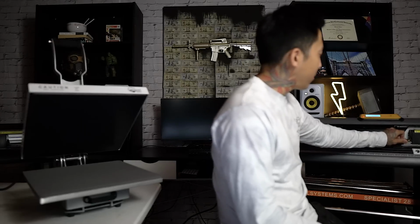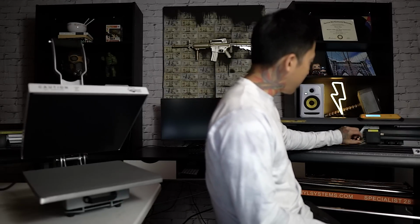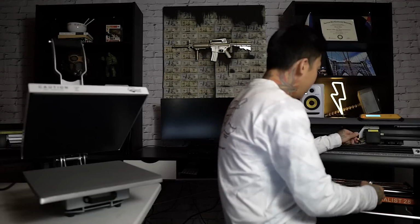The way I like to do it is just trial and error. So I like to go ahead and put it in, and you can play around with the settings. Right here on this little digital display, you have the option to either increase the speed or increase the force. So I'm gonna put it in, and then we're gonna play around and see what numbers work out the best. So over here, I don't know if you can see it on the vinyl cutter. Let's pull it a little closer. I'm gonna unscrew this blade holder